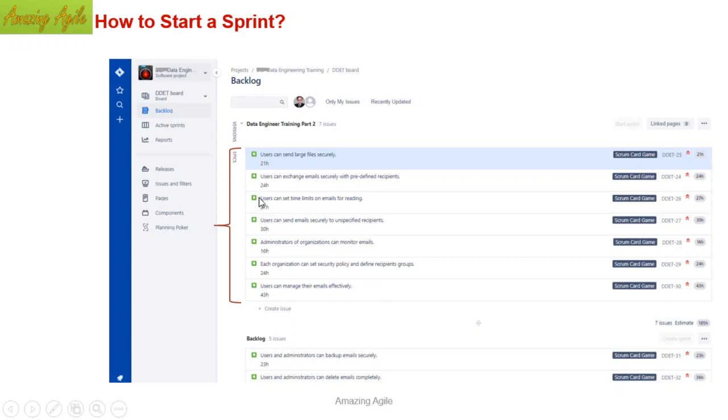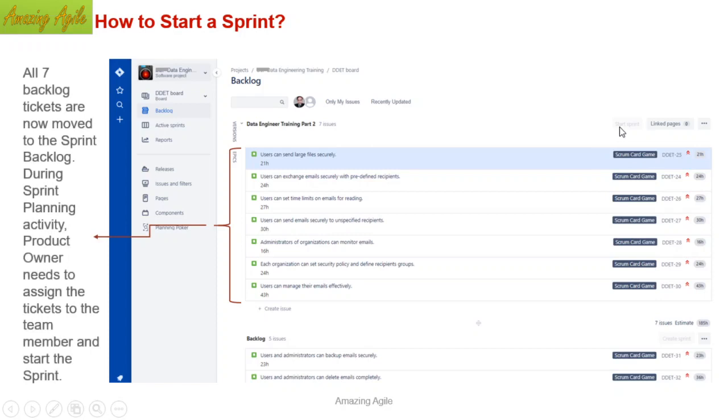So what can I see here? See, this is a story. It is a 21 hours effort, and it is derived from this feature, and there is a unique story number, and this sign is the priority. Okay, so what I have to do now is just click the button here. But it is showing inactive now. It is a bug on my side because I don't have the proper access. But once I have the access, this will be active, and if I click it, the sprint will be started.